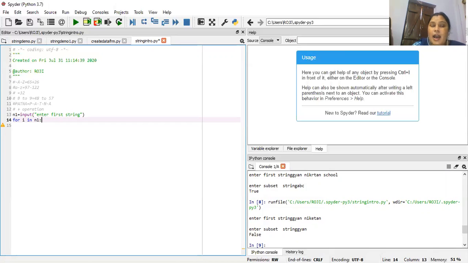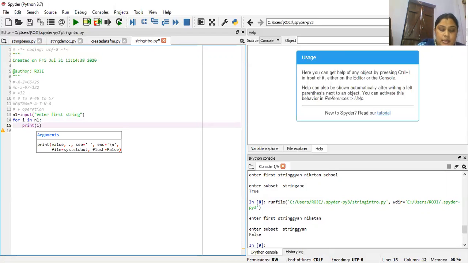So for i in n1, next we print i. Suppose n1 equals Gyan Niketan. G starts from position 0, 1, 2, 3, 4, 5. The characters of the string at every position, in sequence, will be stored in the variable i, and we will print i.